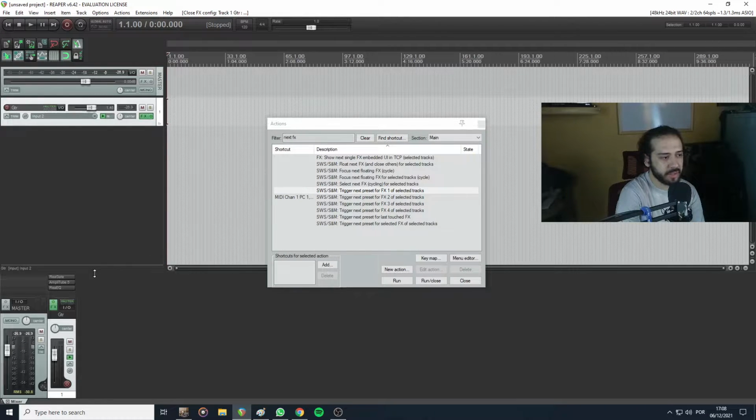So what you're going to see is that if you use Amplitube and nothing before it, just like it is like this, so Amplitube is the first one, you might want to use this option, trigger next preset of effects 1 of selected tracks. In my case, I'm going to use trigger next preset of effects 2 of selected tracks, because my first effect is ReaGate. And here, you can just hover on it and click on it,